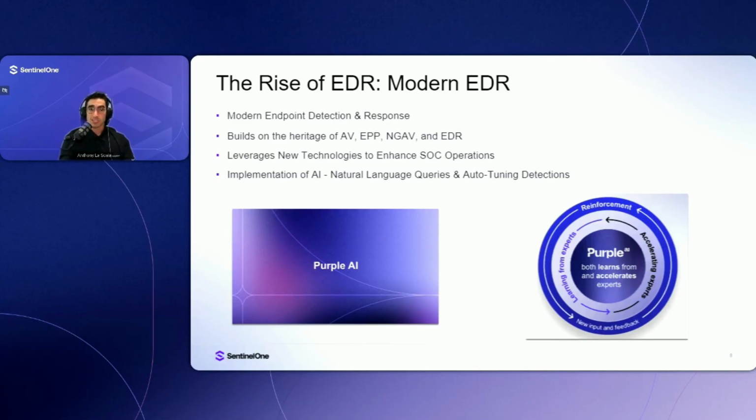Modern EDR solutions also expand their monitoring capabilities to other aspects of the environment, like SaaS and identity platforms, through integrations with a centralized console, giving rise to the Extended Detection Response, or XDR moniker. XDR primarily relates to this expansion of integrations across attack surfaces beyond endpoints, enabling even wider visibility. So for the purpose of today's webinar, we're keeping this fairly focused on endpoint detection and response, and it's really on the endpoint side of things. But just to call out that differentiator there, XDR is really looping in the additional aspects of the environment.